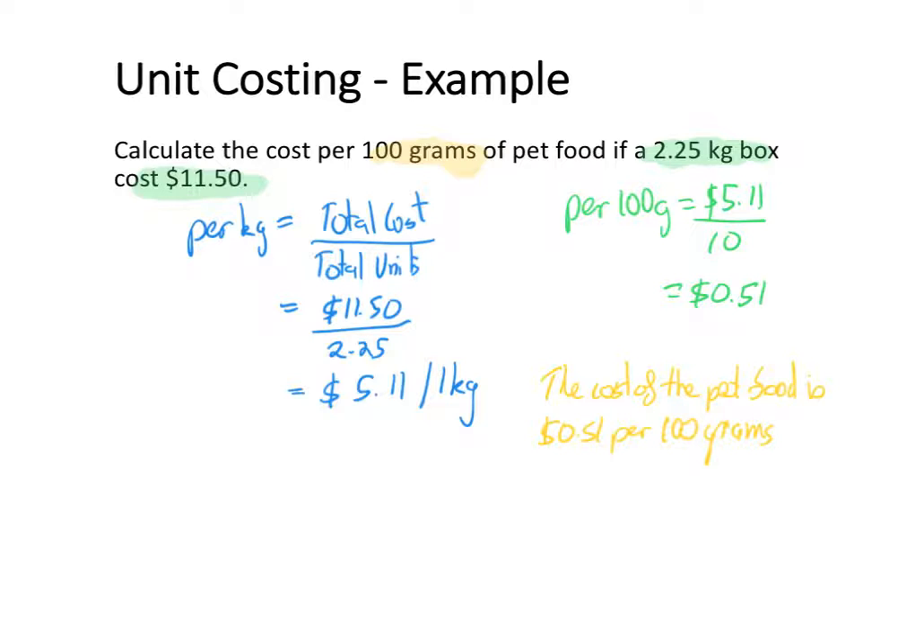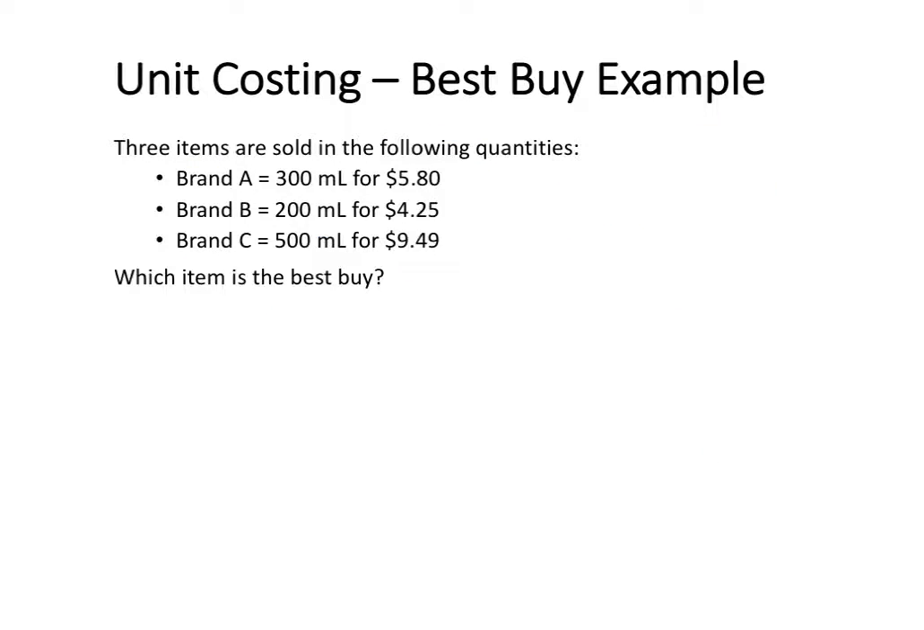So now we'll have a look at an example where we can use unit costings to compare different items. In this example, the 3 items are sold in the following quantities. Brand A is 300 milliliters for $5.80. Brand B is 200 milliliters for $4.25. And brand C is 500 milliliters for $9.49. And we want to determine which item is the best buy. So we can determine which item is the best buy by reducing the cost of each brand down to a per 1 milliliter basis. So I'll start off with brand A,